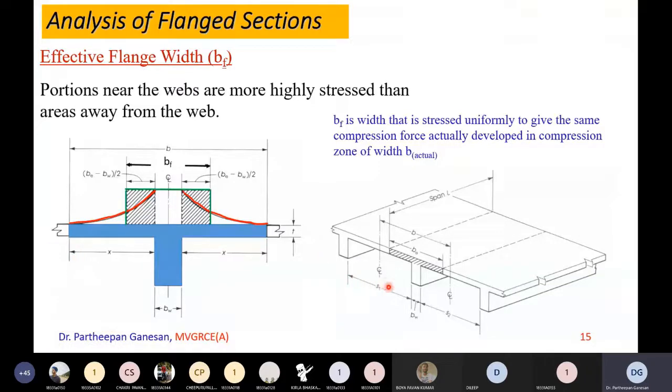If this is the slab, this is the center line. This is the span S1, from this center to this center. From this center to this center is S2. The center line is this one. S2 by 2 is this one, S1 by 2 is this one. That is this B, the compression zone width. This B is half of this slab span, but BF will always be less. While solving problems, we will understand better.